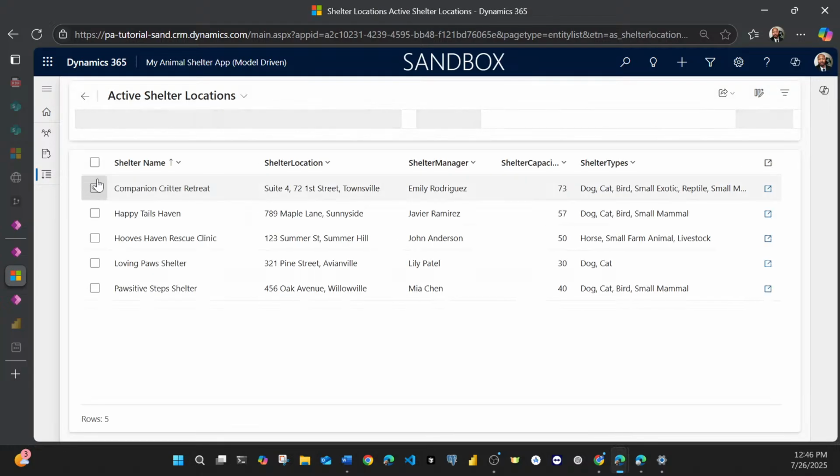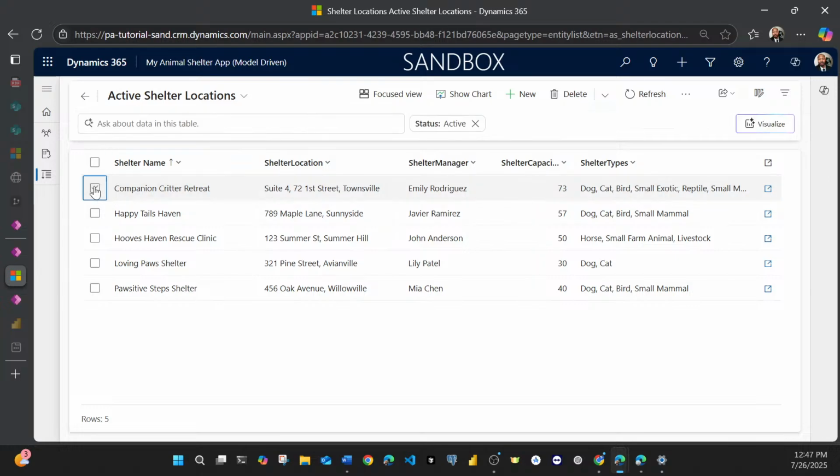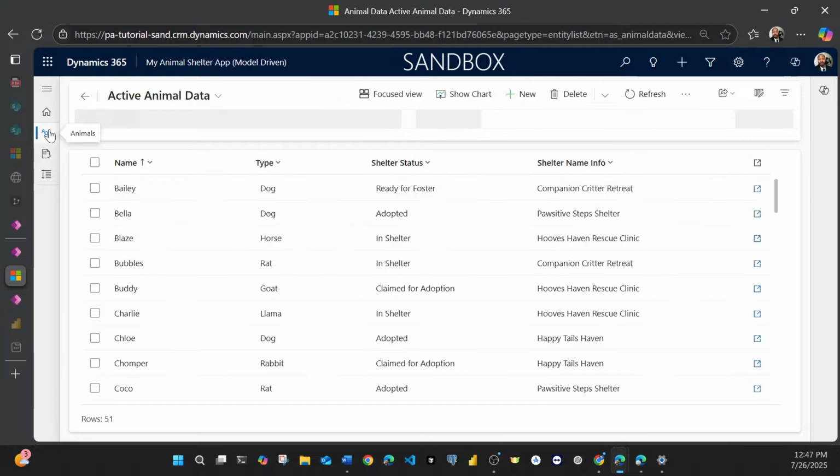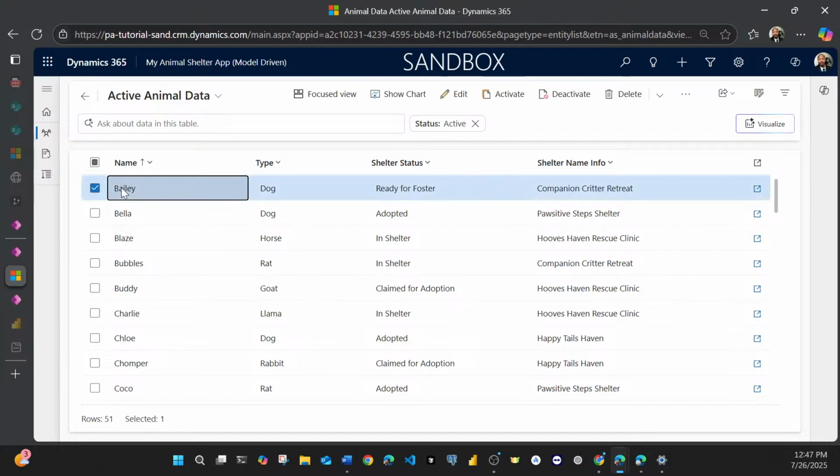For example, in the animal shelter, when you select one of the shelter names, you have some added component libraries, like you can copy multiple shelter names. Also, if we go to the animal table itself and you click on an animal and open it,